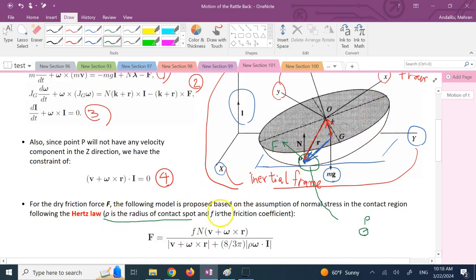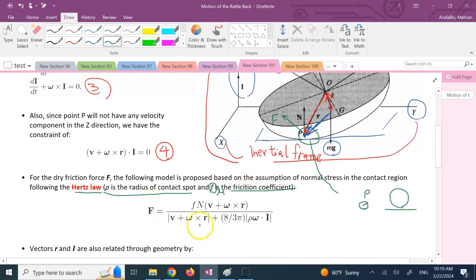So if rho is the radius of that, and small f here is the coefficient of kinetic friction, so this f is the same as mu in our dynamics notations, then based on the Hertz law, which is basically forces between contacting surfaces, so here assuming that you have a spherical, or in this case ellipsoid surface in contact with another one, the F force can be approximated by this formula,